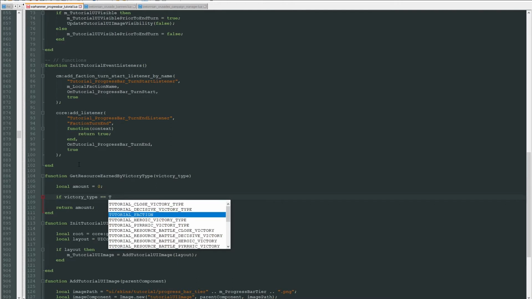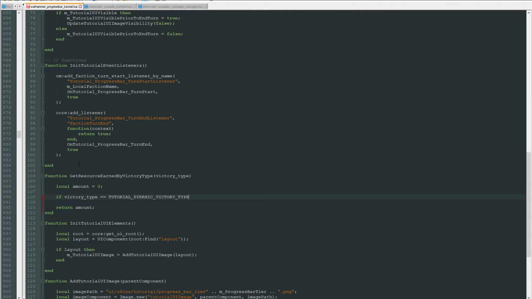There it is, that one. Tutorial Pyrrhic victory type. So if this victory type were passed, when we actually call this function, which we'll do later, if it matches this type that we defined in the constant earlier, then